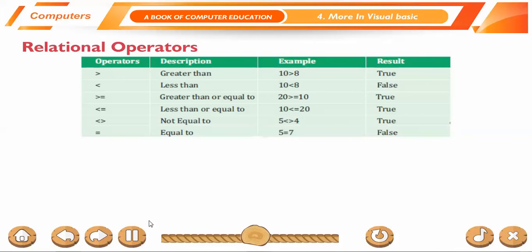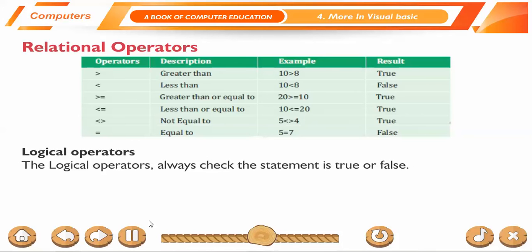Less than or equal to: 10 is less than or equal to 20, true. Not equal to: 5 is not equal to 4, true. Equal to: 5 is equal to 7, false.